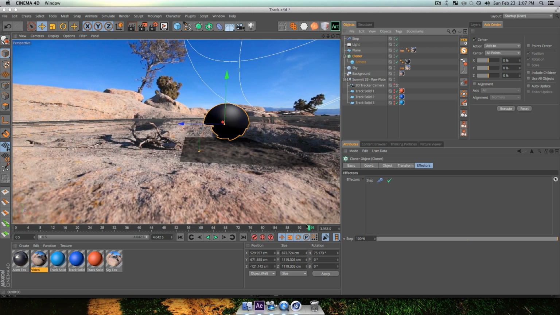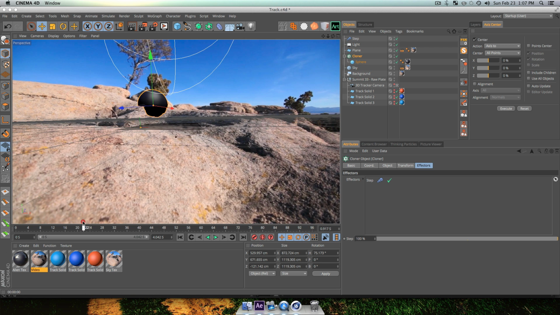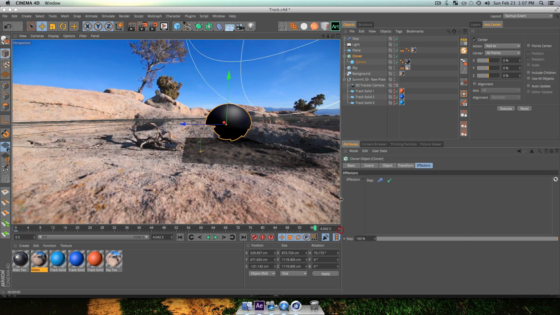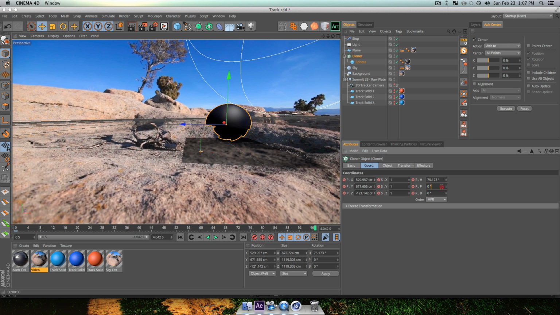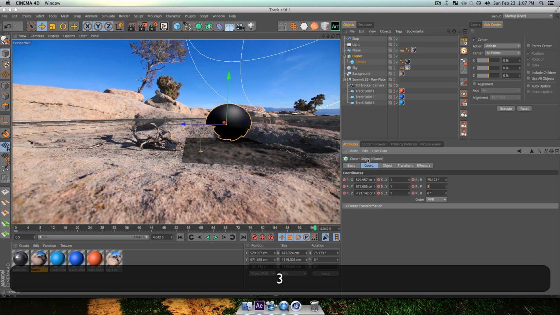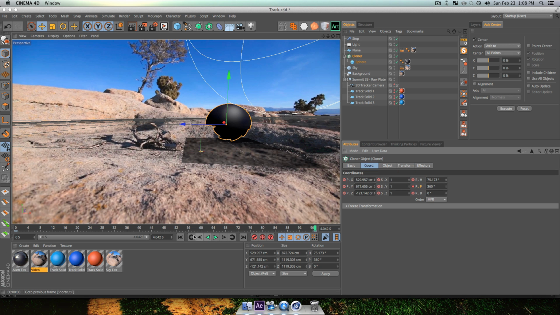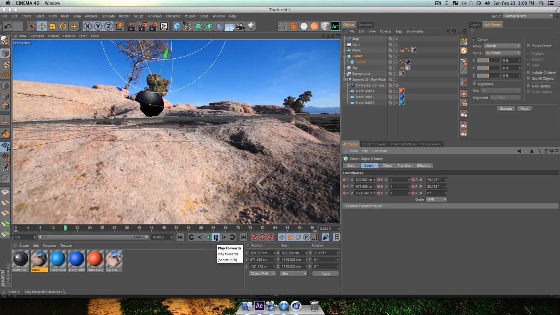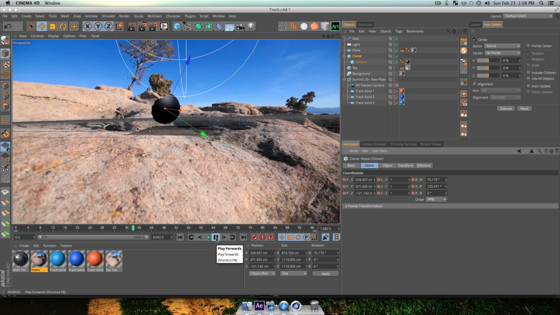So let's go back to the beginning of our composition, to frame 0. On my cloner, I'm just going to click this button for a keyframe and go forward. On my cloner, I'm going to go into my coordinates and change my parameter here to 360 so it does a full rotation. Hold Command and click this keyframe button. Now when I play this video, my object is going to spin. That's looking pretty cool.